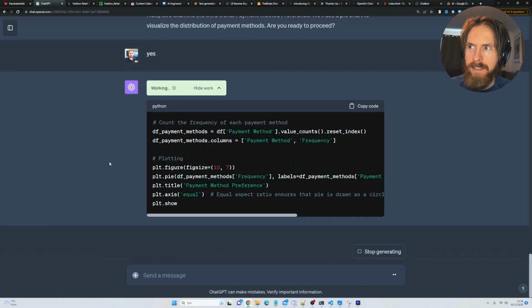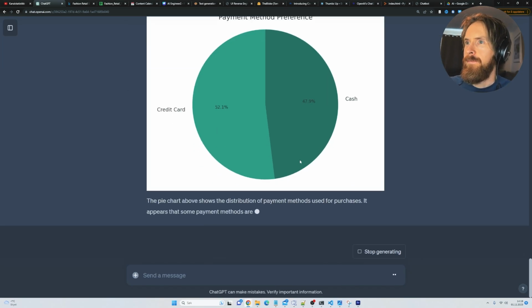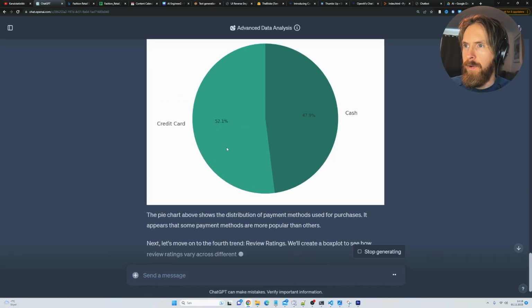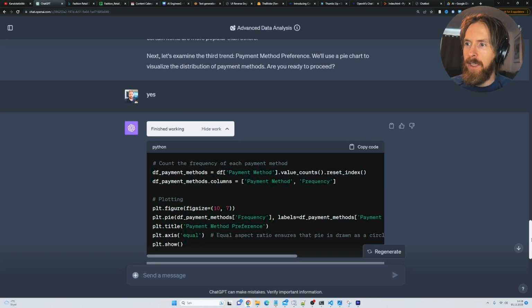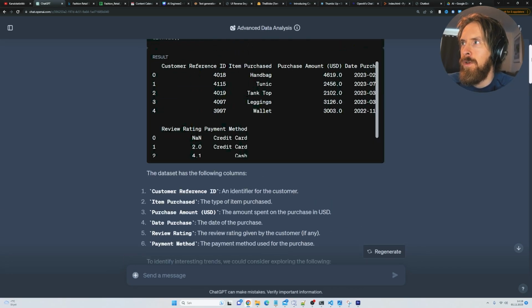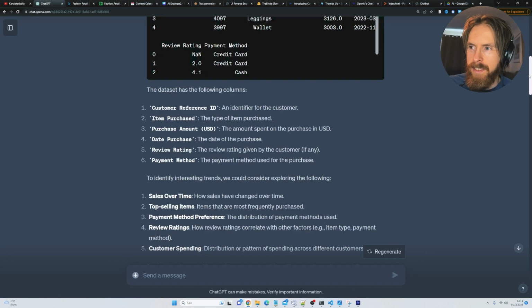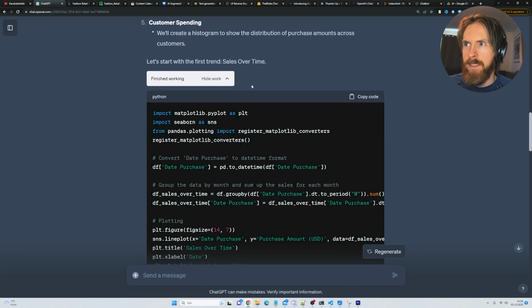But it kind of looks seamless. And after it, you can ask, can we download this code? So 52% preferred credit card, 48% preferred cash. So we can just go on, and you can see how this is very good for data analysis. This kind of makes everyone into not a data scientist, but you can analyze your own data with just some simple prompts using this Python environment, and